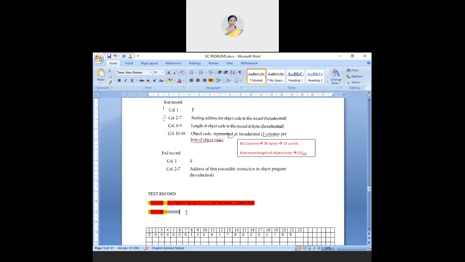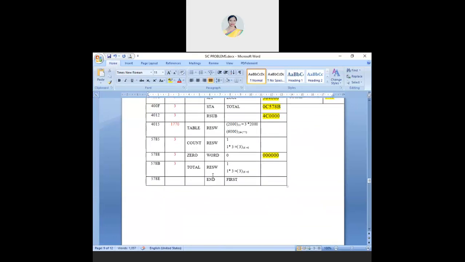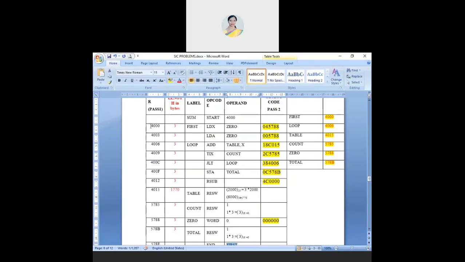What is the last one? End record. So I'll write directly here, end record E. The first column is E, and 2 to 7 is the address of the first executable instruction. What is the address of the first executable instruction? 4000. Do you agree?